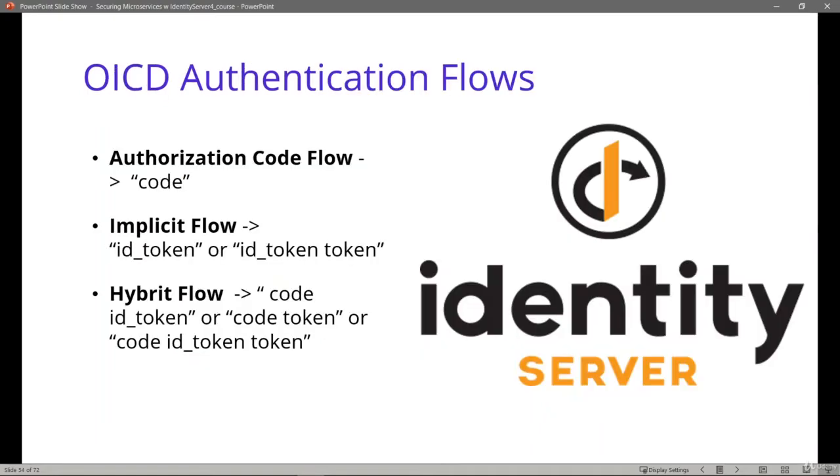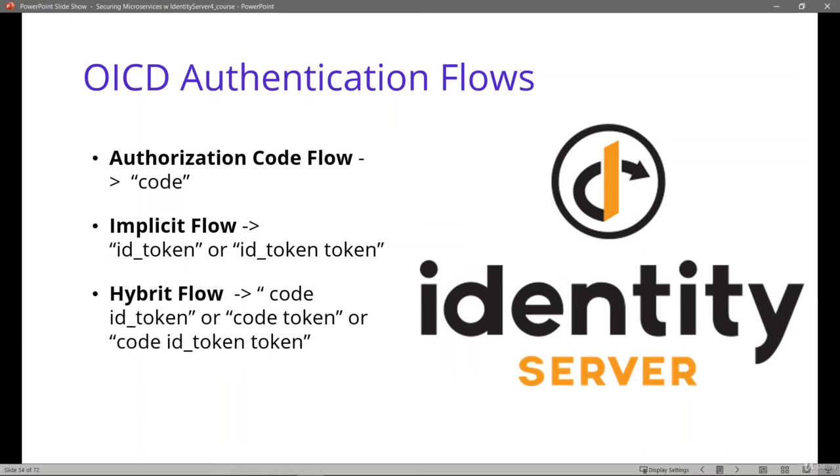There are three authentication flows. These flows differ according to the parameters passed to the OpenID provider, the content of the responses, and how they are processed. The difference between the requests made to the authorization endpoint is determined by the response type parameter. Flows and parameter values could be: the authorization code flow, where the value will be code for the response type; the second is the implicit flow, where the value of the response type is id_token or id_token token; and the last one is the hybrid flow, where the response type value will be code id_token, or code token, or code id_token token.